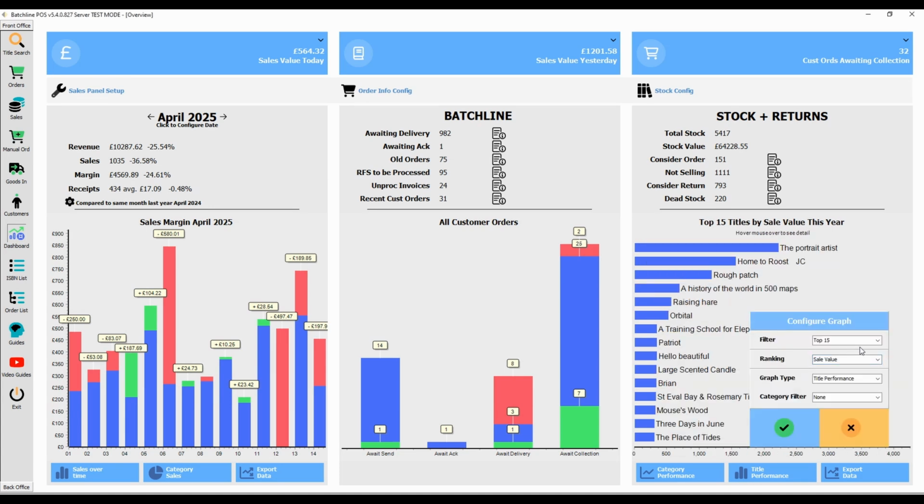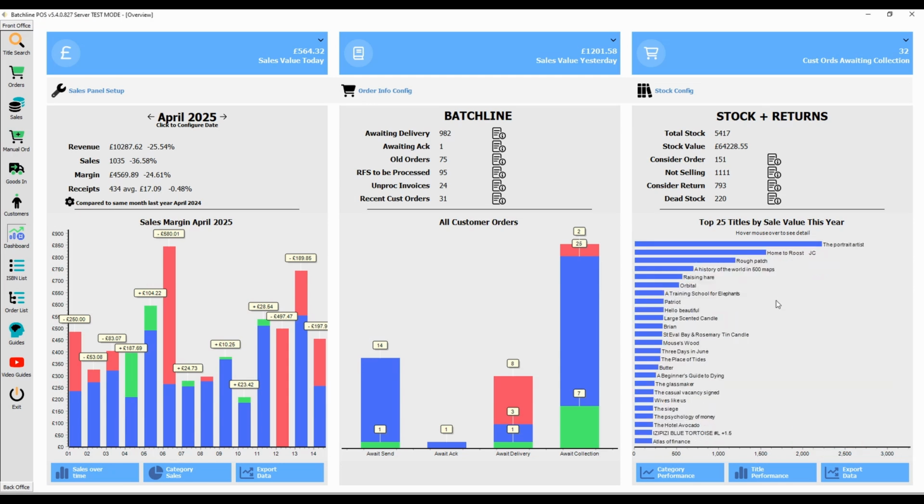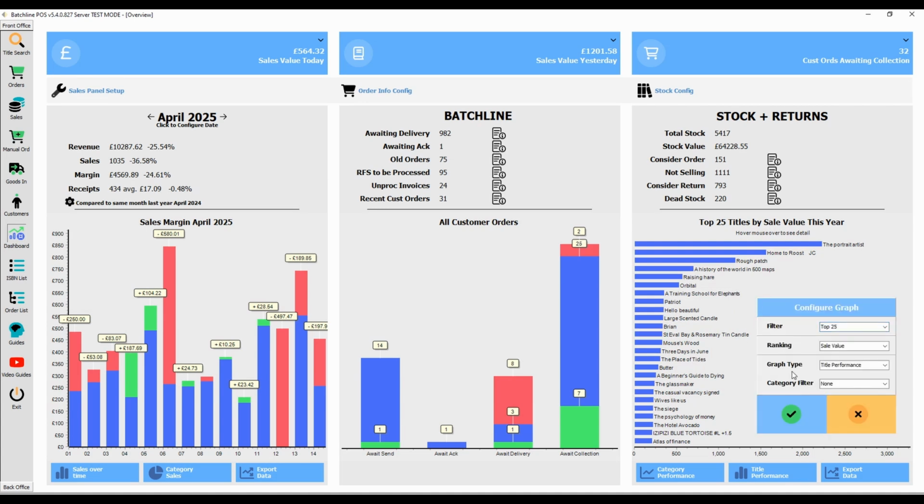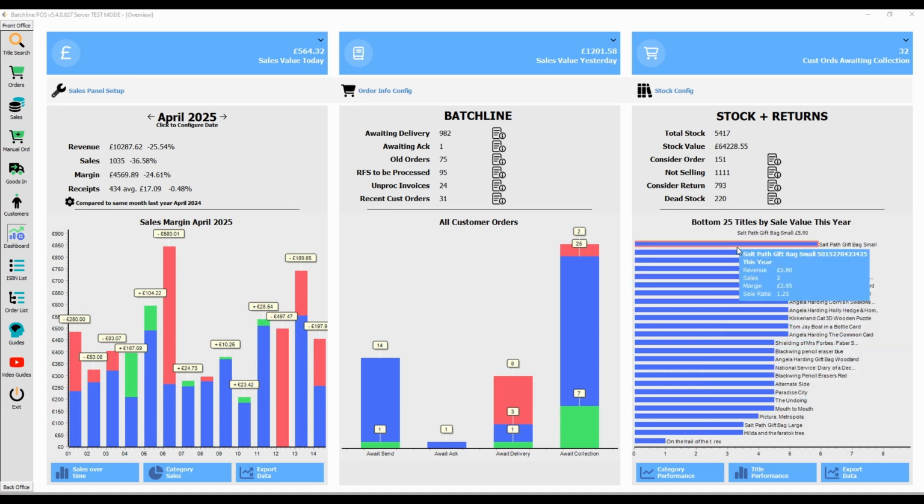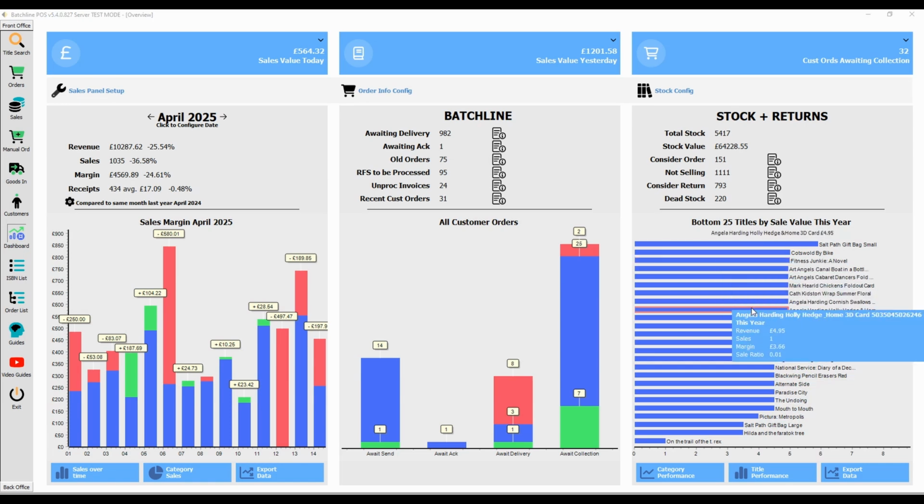And we can change how many we see here. We could fit a couple more on the screen here. Maybe that's a bit more interesting. Or maybe we'd like to see our bottom 25 titles and what they've sold. Now this is going to ignore any that we've not sold any of, because that's probably going to be quite a lot in any period, unless we look at kind of all time, and we don't want to just show loads of zeros here. So these are our bottom selling titles,